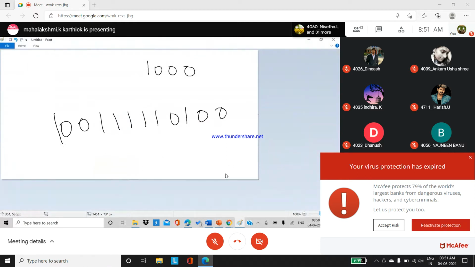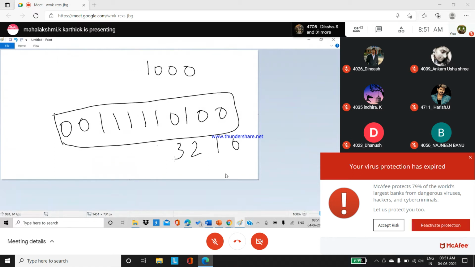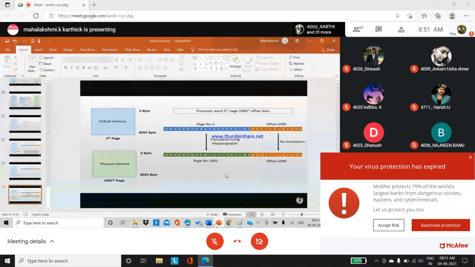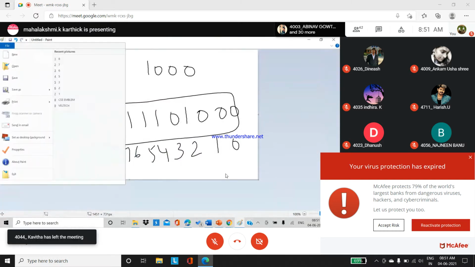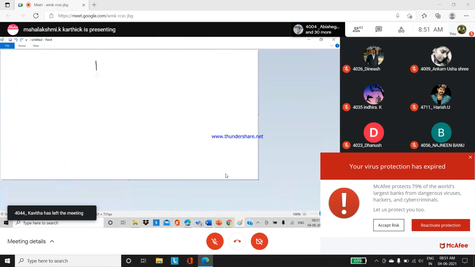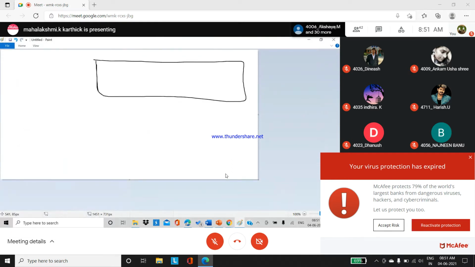I have told for offset alone they have given, start 1, 3, 4, 5, 4, 5, 6, 7, 8, 9, 10. I think, yes, I have left 1 0 in front actually here. So normally how it has to be, I have told how the processor gives the data.